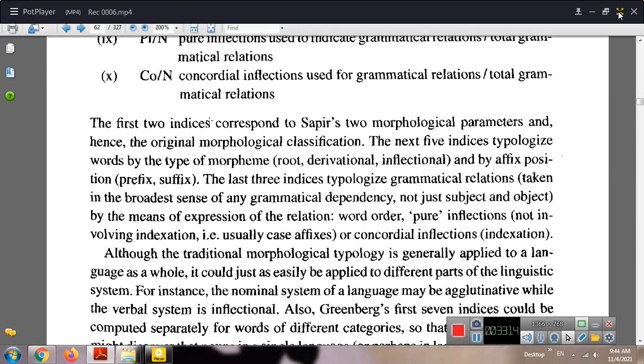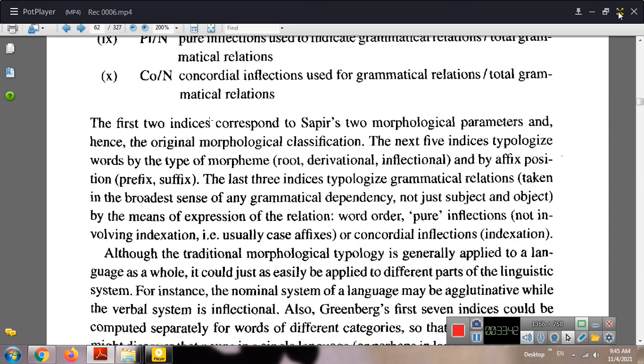The first two indices correspond to Sapir's two morphological parameters, and hence the original morphological classification. The next five indexes typologize words by the type of morpheme, root, derivational, inflectional, and by affix position, prefix, or suffix. The last three indexes